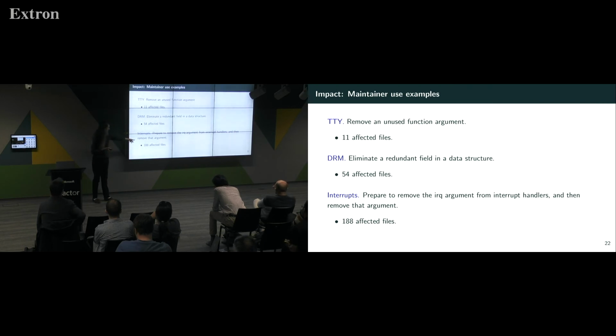This is interrupts. In this case, it's again an issue of we have a function that has an argument that we don't want. But in this case, sometimes we actually did want the argument. So we couldn't just remove the parameter of the function all the time. We had to actually analyze the code of the function and see whether the argument was being used. And if it is still being used, then we have to add some new code to find another way to find that information. So this is something that would be extremely tedious to do by hand. The interrupts is also something that's extremely pervasive in the Linux kernel. And so the fact that we are not tied to a particular configuration was very helpful in this case.